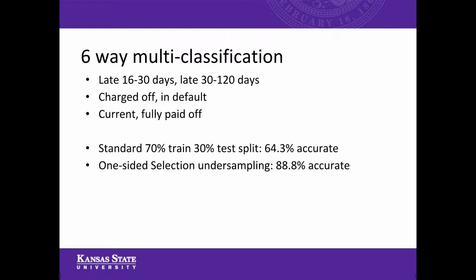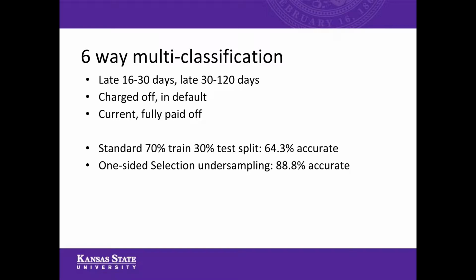And finally, the last 2 categories are good categories. Either people are current or fully paid off. The good thing for Lending Club is that current and fully paid off make up more than 90% of all the records that we have. I think the total is almost 780,000 out of our 840,000 records. We are heavily skewed, and our data set is incredibly imbalanced.